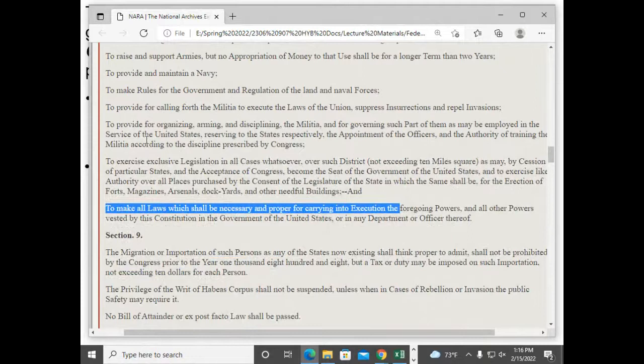So, for example, when the question came before the United States Supreme Court in 2012 of whether or not Congress had the power to require individuals to have health care insurance, Obamacare, right? The opponents of Obamacare said, in their arguments before the court, that's not in the Constitution. Where in the Constitution does it say Congress has the power to require individuals to have health care insurance? But does anybody know how the Supreme Court answered that question? Does Congress have the power to require people to have health care insurance? A conservative majority of the Supreme Court, Republican appointees to the Supreme Court, said that yes, Congress does have that authority.